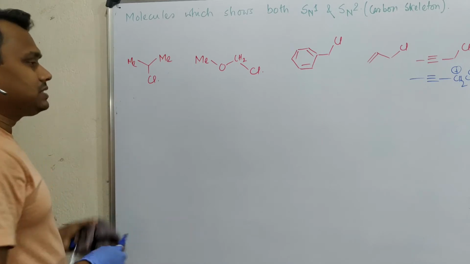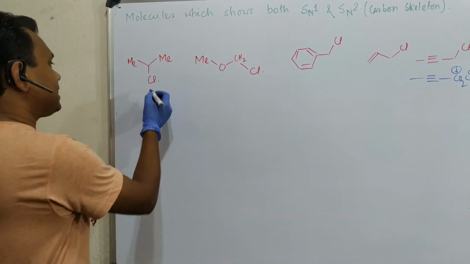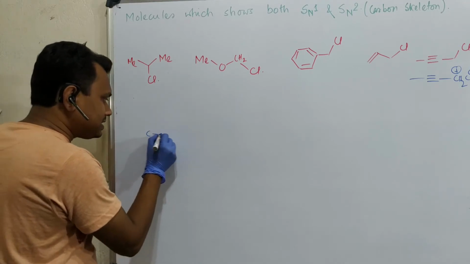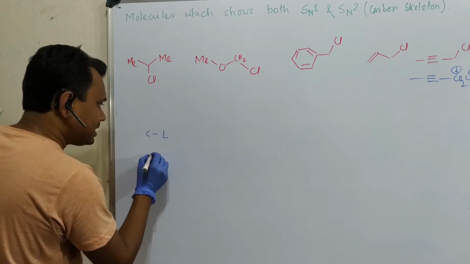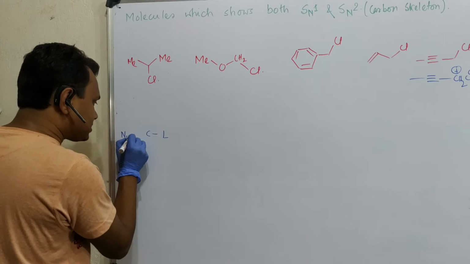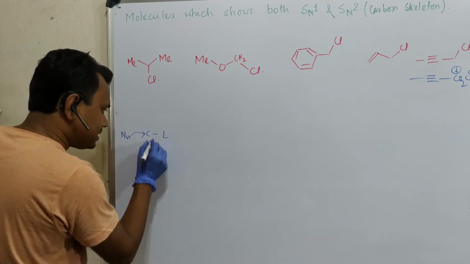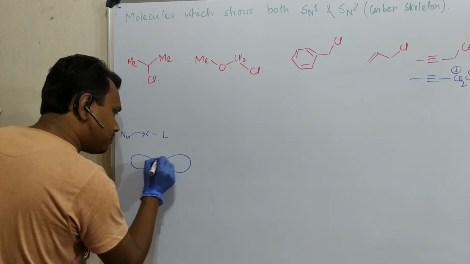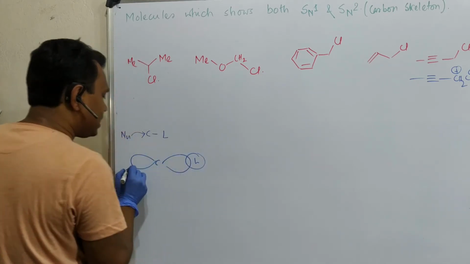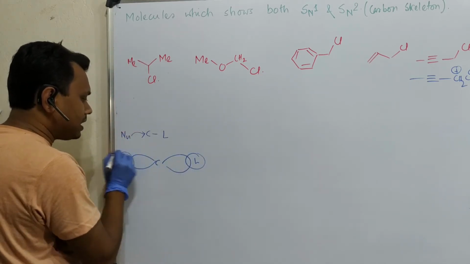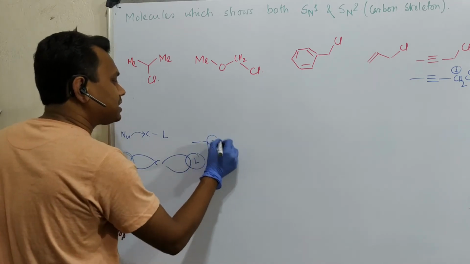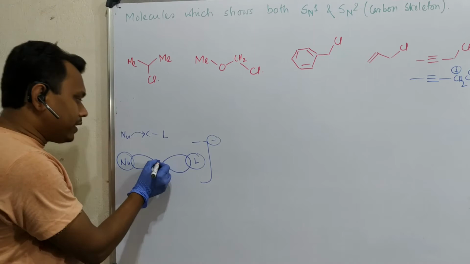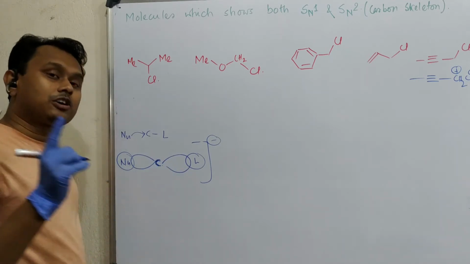Okay. So in this case what happens? This is mixed kinetics, as I told. In SN2, what happens? The nucleophile attacks the opposite side. This carbon is a p orbital. One part is attached to the leaving group L and one part is attached to the nucleophile, and the overall system is negatively charged, so it is electron rich.